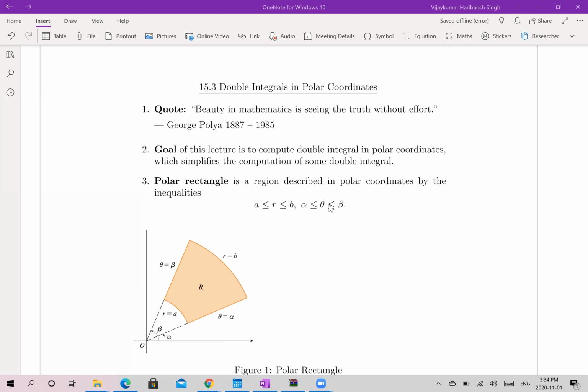So the goal of this lecture is to compute double integrals in polar coordinates. Until now, whatever we did was in Cartesian coordinates, in the xy plane, but now we want to do double integrals in polar coordinates. One of the reasons for doing so is that the computation becomes simpler over a region D when it is of a special form, particularly special in terms of polar coordinates. So one of the special forms